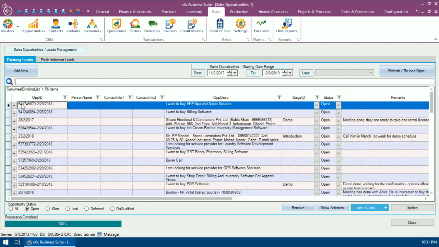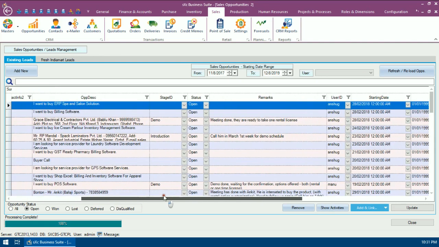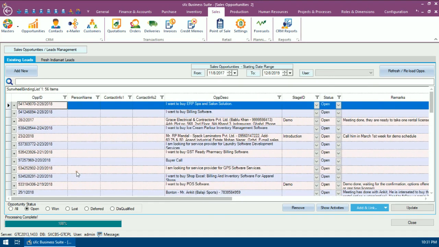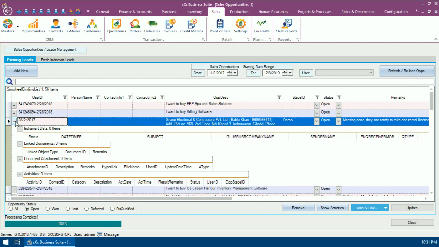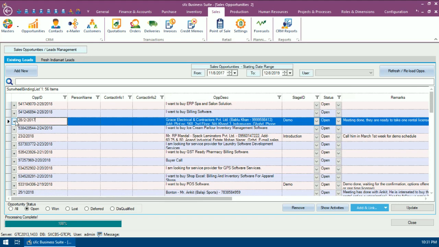So this is a basic solution for managing IndiaMart leads, and you can obviously put in leads which are not relevant to IndiaMart. So if you see for this lead, there is no IndiaMart data because this lead was not fetched from IndiaMart portal. So this is how you can manage your sales opportunities.